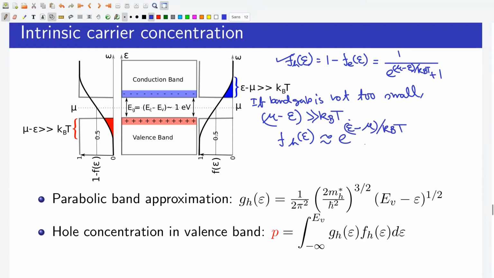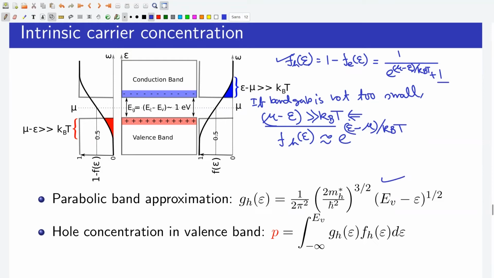We can do this because under this condition, the exponential term becomes much larger than 1, and we can ignore the term 1. We use parabolic band approximation such that the density of hole states is given by this expression,